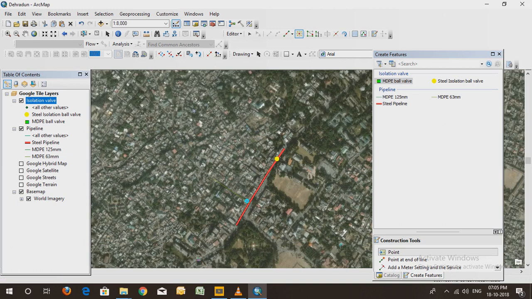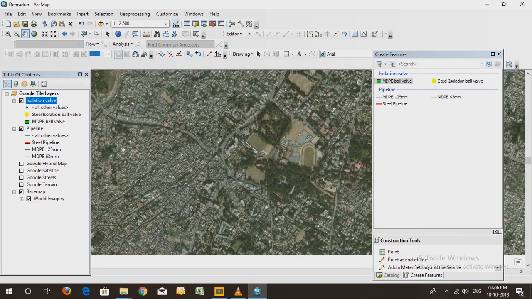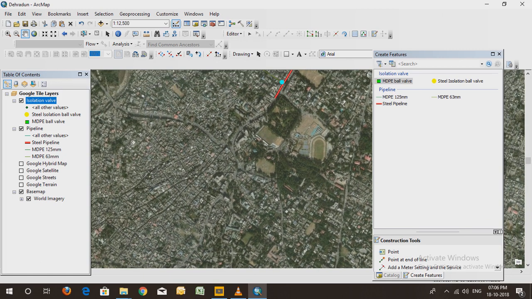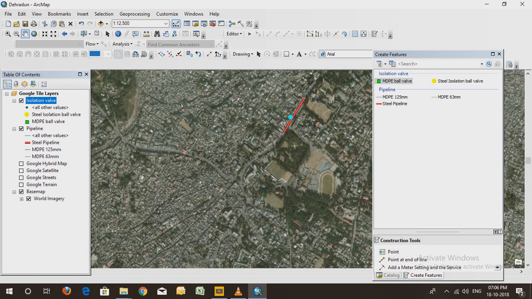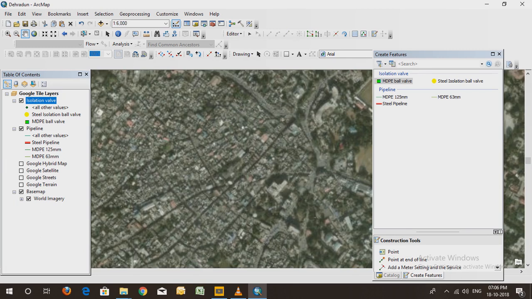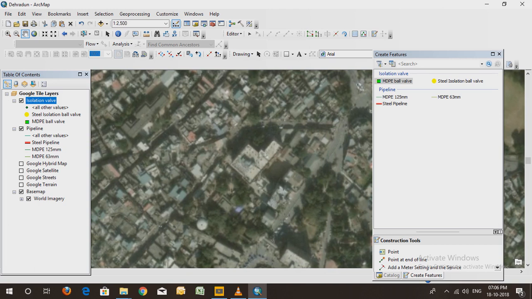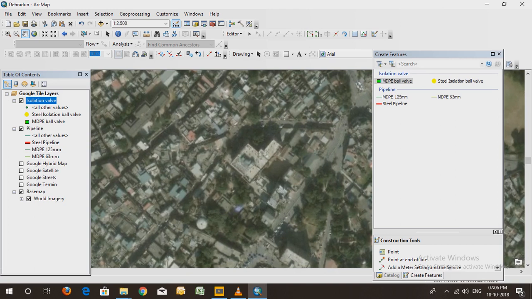You can draw the isolation wall. You can draw the industrial customer, the domestic customer, the petrol pump, the CNG pump that are under your company, and the other important parameters you can also edit in this network. Similarly, I will show you, suppose that this is an industry, I don't know whether it is an industry or not, and you want to show it as an industry. So what you can do,